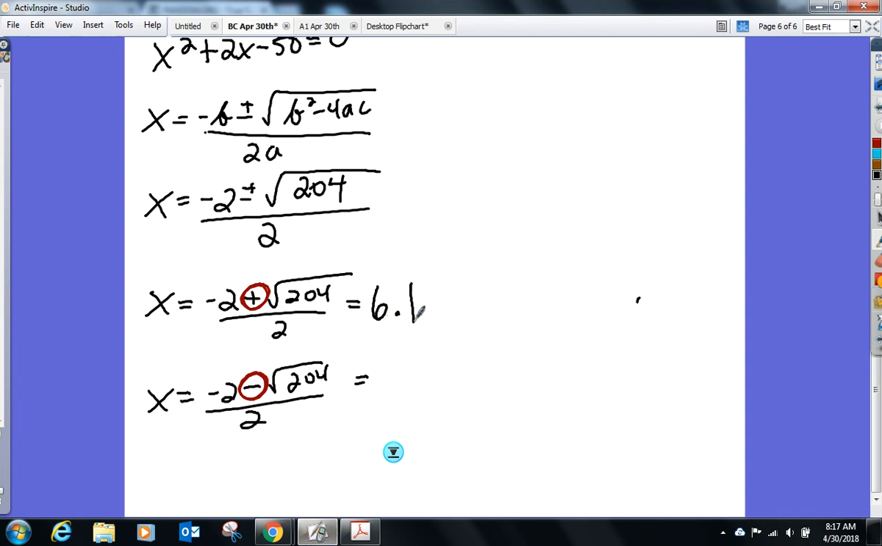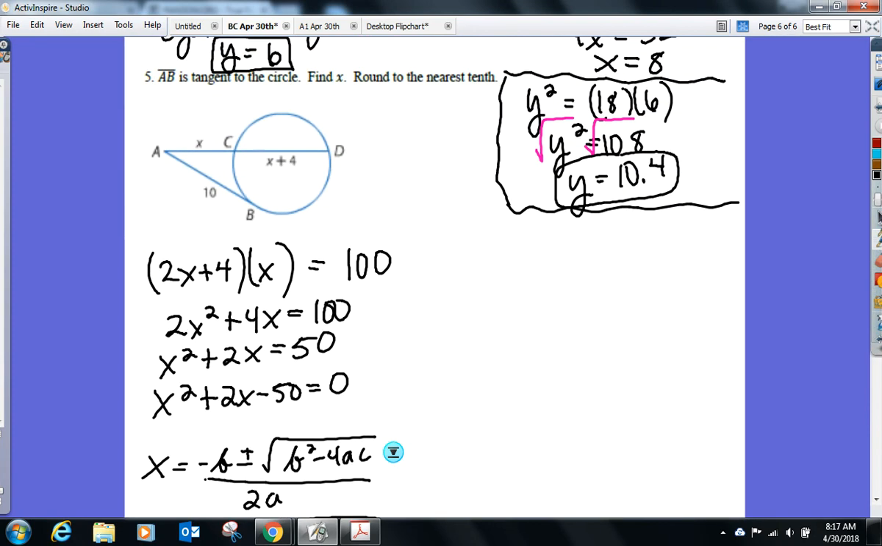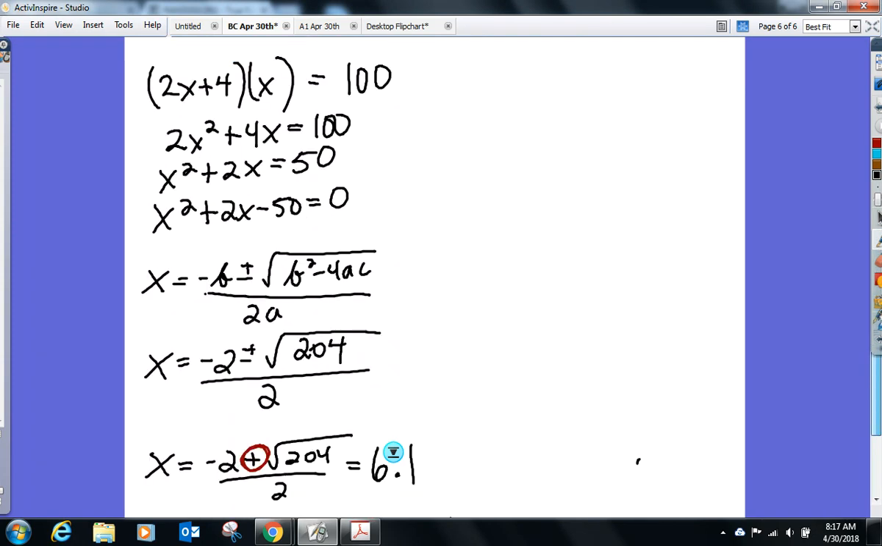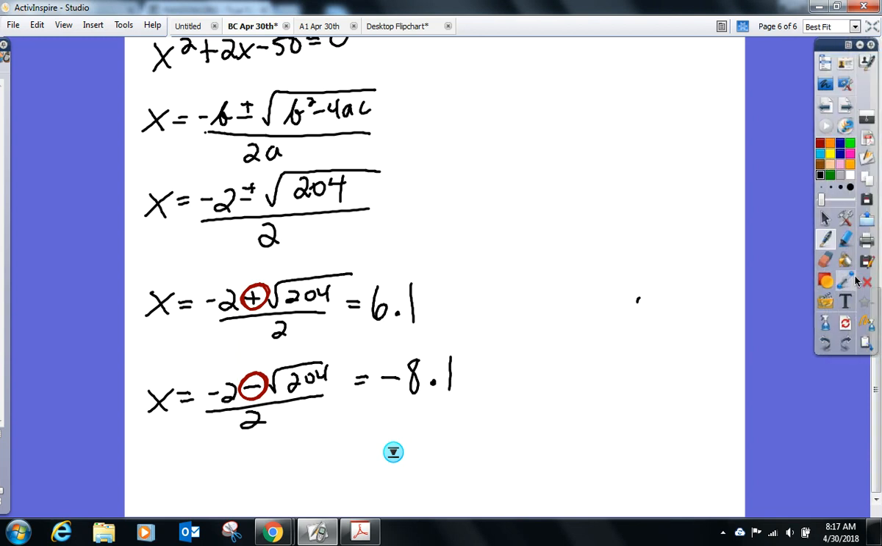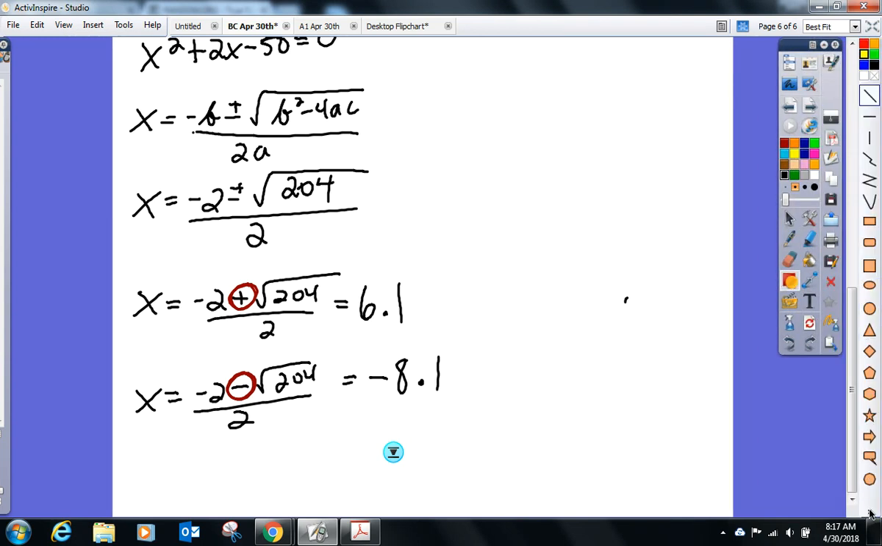6.1 for the plus version, yep, and for the minus version? -8.1. Any discussions right now? Hi, I'm a diagram. Any discussion on my 2 answers there? Evan? Can't have a negative length up there, right? I cannot have a negative length, so